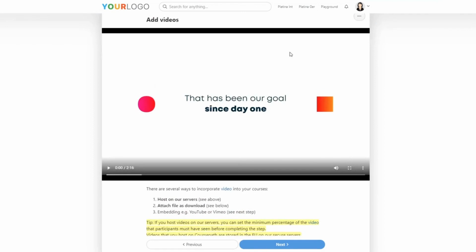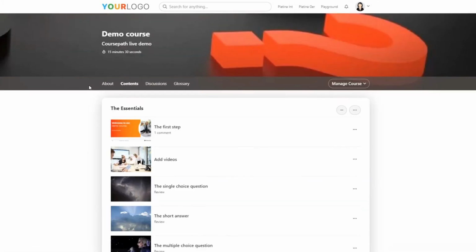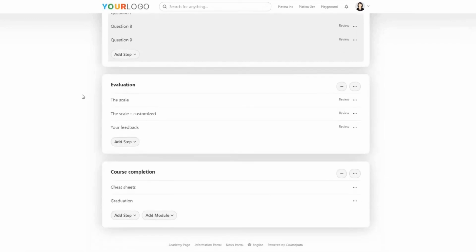Another change is the bigger video player, which some may have already noticed. The videos are just a tiny bit bigger, which is great because you don't necessarily have to go into full screen before viewing them. And if you add web pages now to the course, as seen earlier, they are shown in a nice little